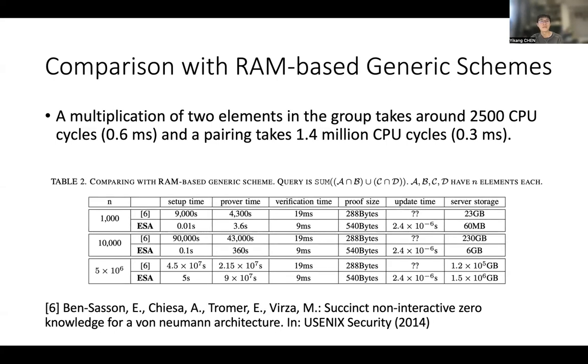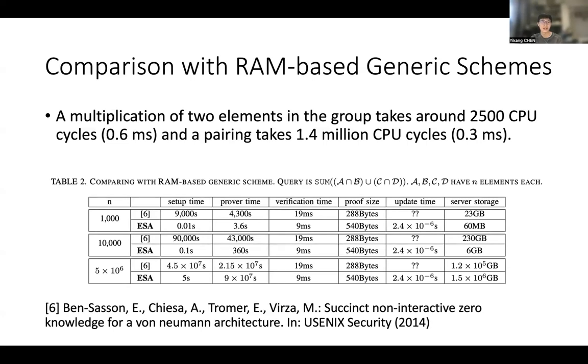And as the result, as you see, when the set size is not that big, like under 10,000 elements, ESA is faster in all aspects in their results.